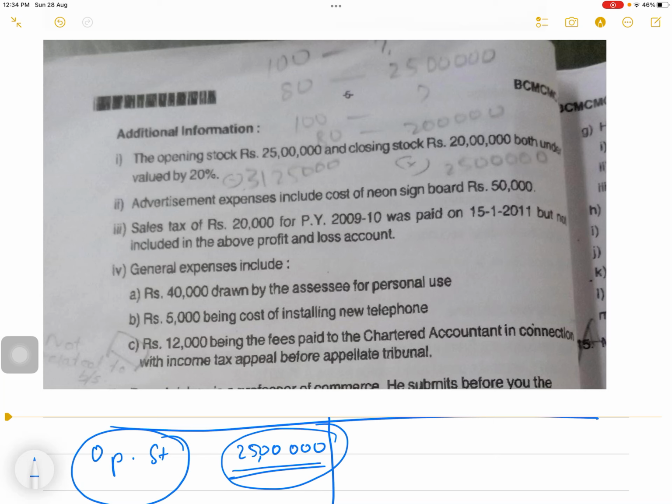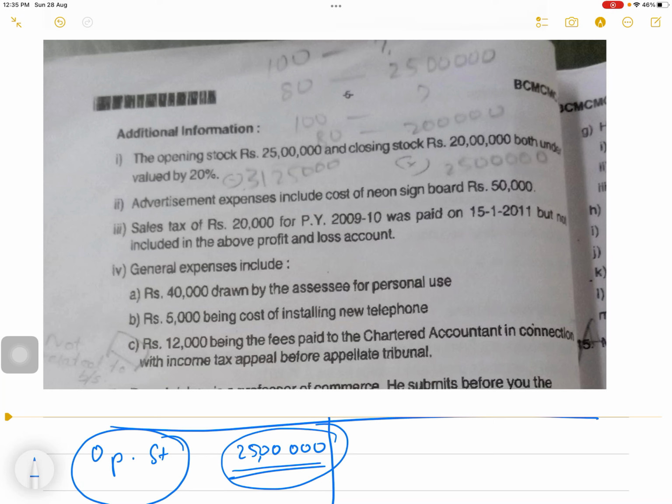So any expenses related to telephone, you can show it in the P&L account. This 5,000 is shown in the P&L account. It is correct, so you are not supposed to do anything about it. No effect. It is supposed to be there. So now next,